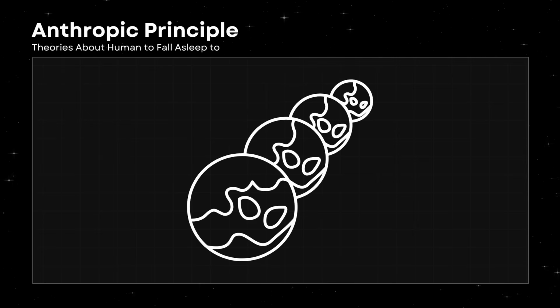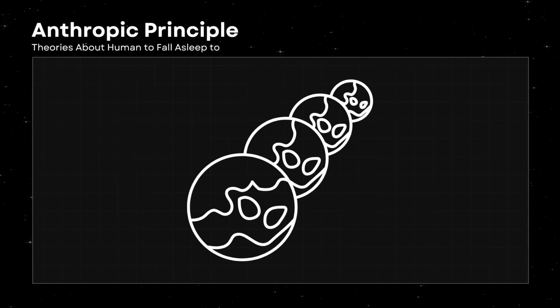There are two main forms of the principle. The weak Anthropic Principle says we should not be surprised that the universe allows life, because we are here to observe it. In other words, we could only ask the question in a universe where the conditions are right for us to exist. If the universe had been different, no one would be around to wonder about it. This version is not meant to explain why the universe has the values it does. It just points out that we should expect to see a universe that supports life, because that's the only kind